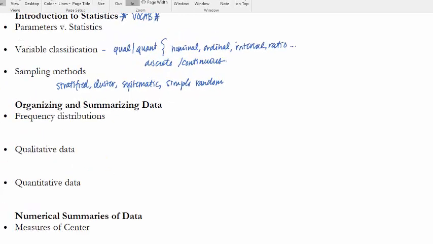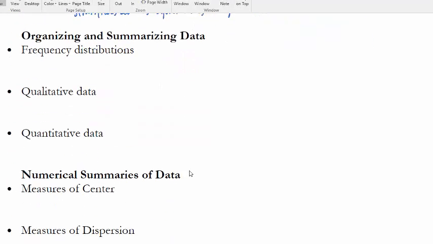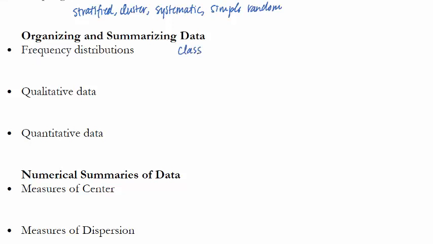Then back here in our list, we next organized and summarized data. So that was once we got the data from those sampling methods mentioned before, what do we do to organize the data? How do we make a frequency distribution? Remember, there were classes and then frequencies of such classes. And then from those frequencies we could make different frequencies. You could make a relative frequency, you can make a cumulative frequency, you could make